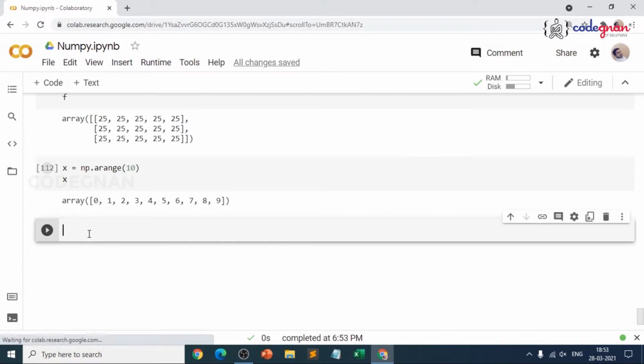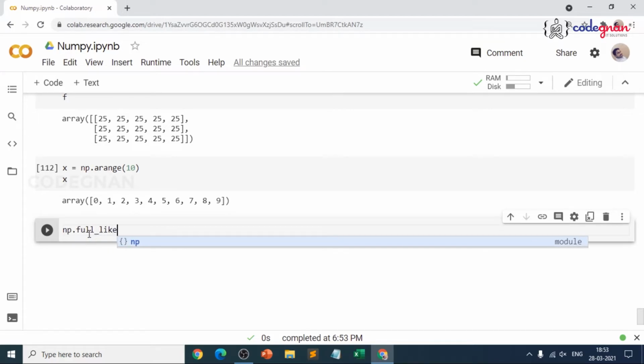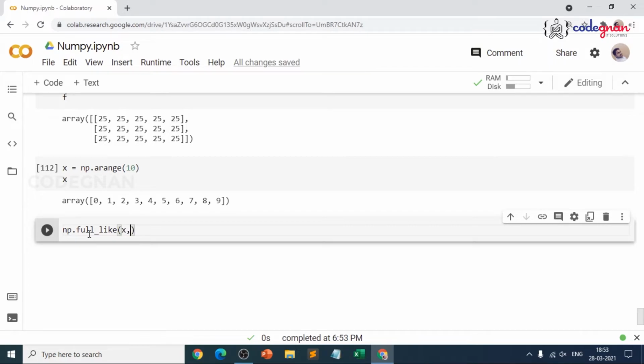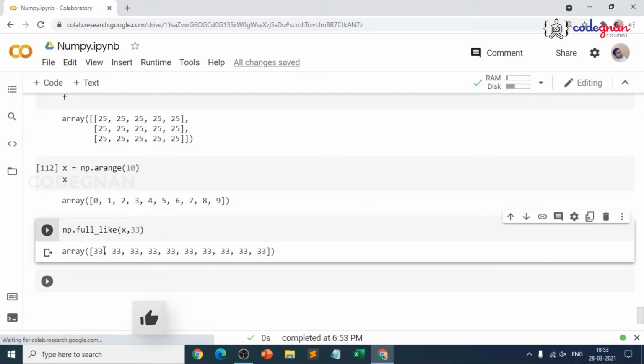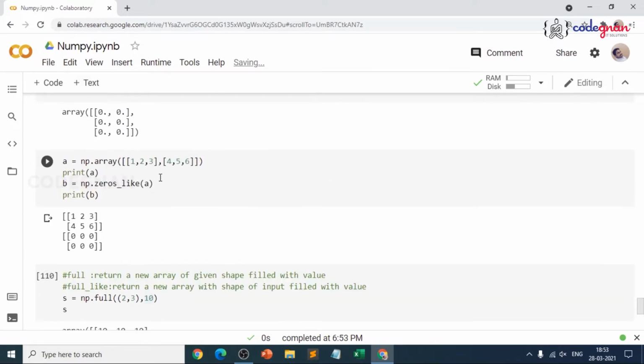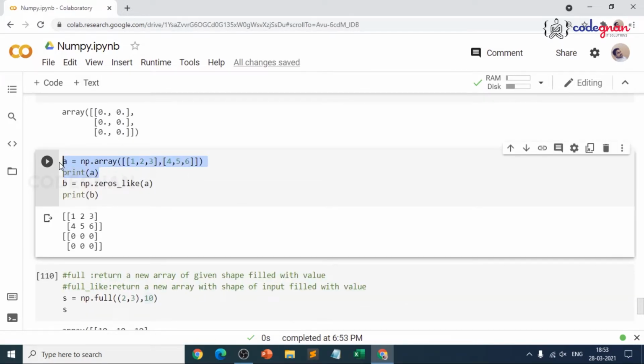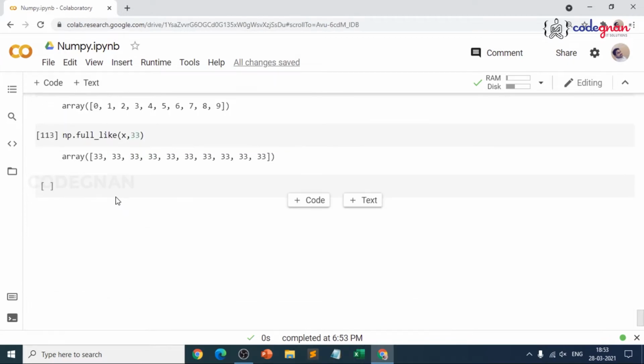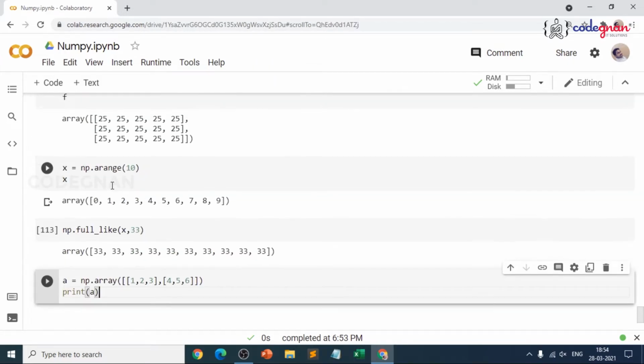Now what I'll do is, I want to take this array and I want to fill my own value. So I'll give np.full_like, I want to fill it with x comma, my value should be 33. So when I press shift enter, see, every value has been transformed to 33. This is of one dimension. Very good, the same result. What happens if you want to take a multi-dimensional one like this? No issues, you can take it. Just for your understanding, I have gone for the arange function. So whether it is one dimension or n dimension, it is the same.